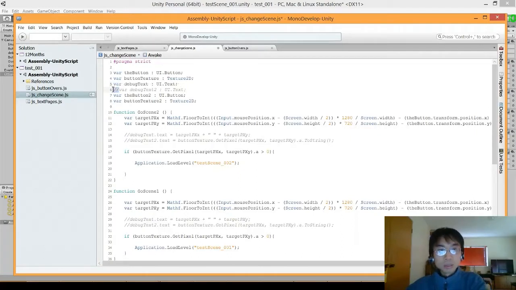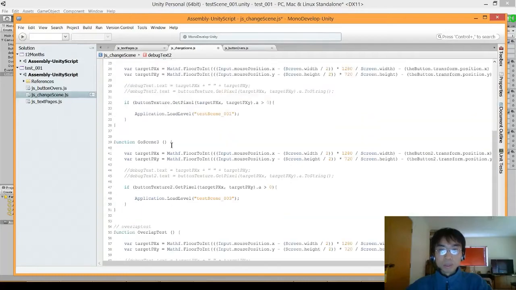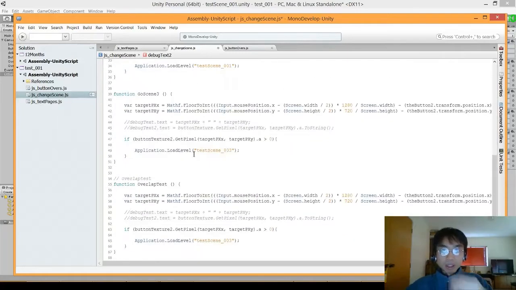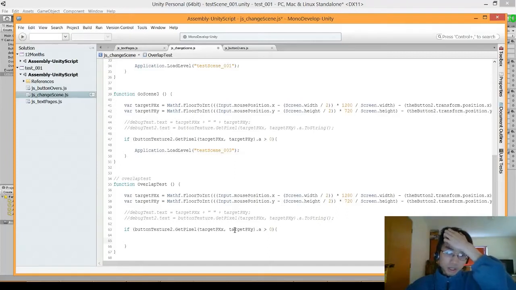We do need the debug text. 1 and 2. Sure. So if we click on overlap test,